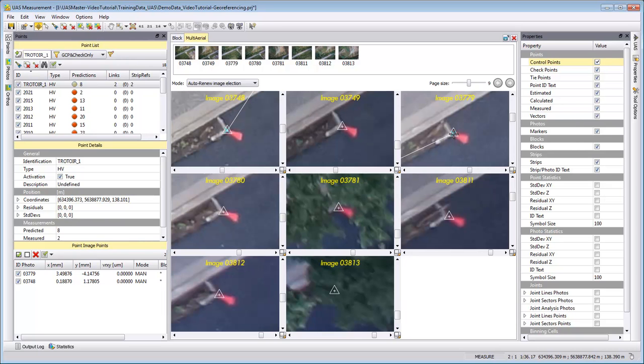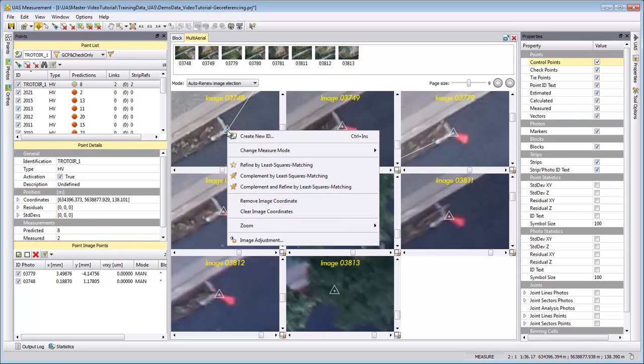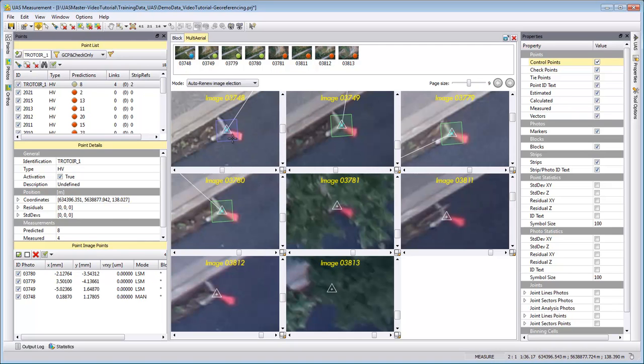also what we can run is a semi-matching algorithm. You need to have at least 2 manual measurements done. You go into one of the windows that you already have measured, you right-click the mouse, and you can now select Complement and Refine. It will try now to use this position and measure it automatically at the calculated positions